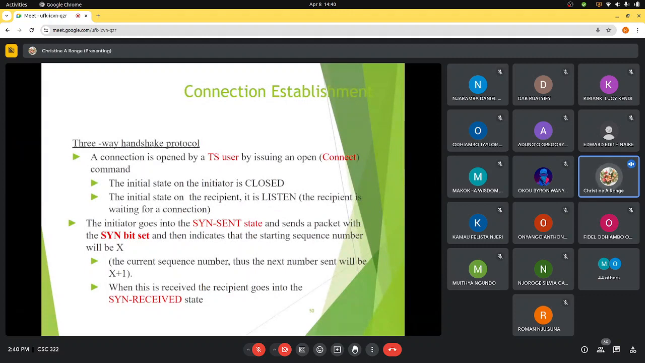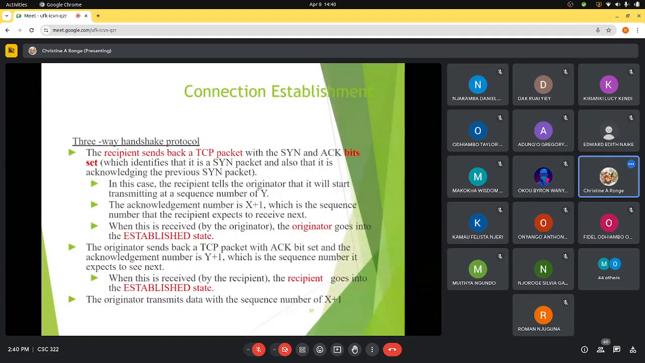Now, remember that when this SYN arrives at the server side, remember the server side we've said is in the listen state. So when it receives the SYN from the client, it will move from the listen state to the SYN received state. So now the server is in the SYN received state, and in that state, it will send back a packet or a message, actually a segment. It's supposed to be a segment. It will send back a segment,